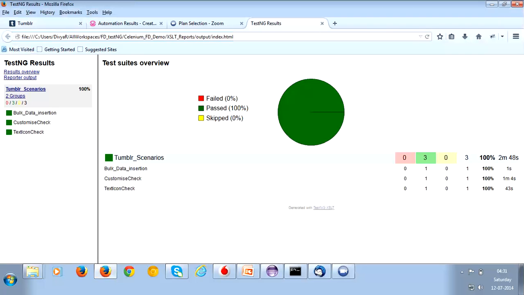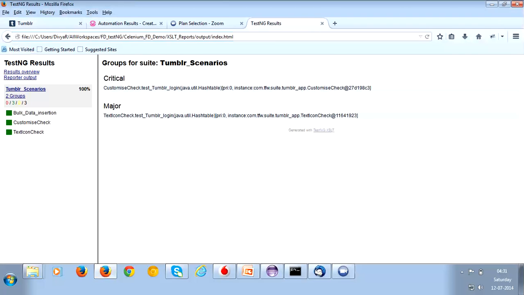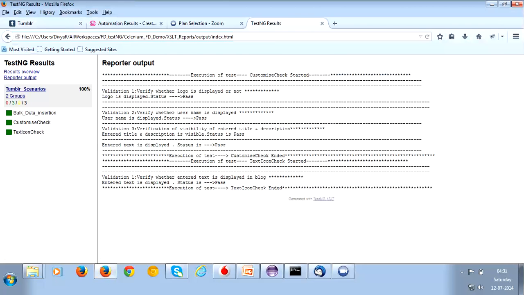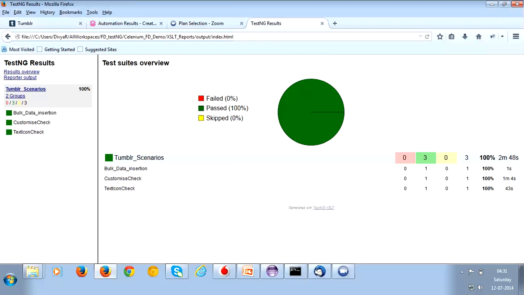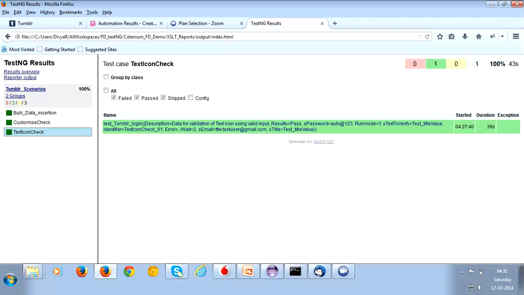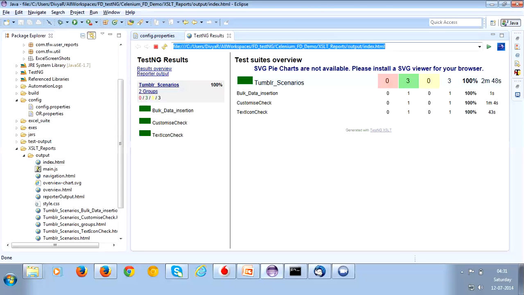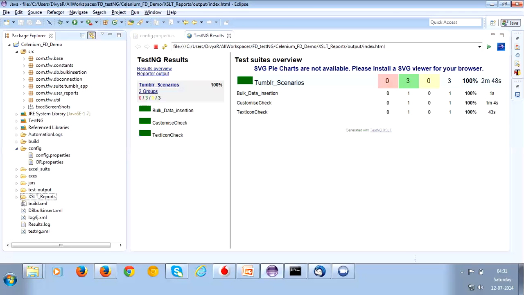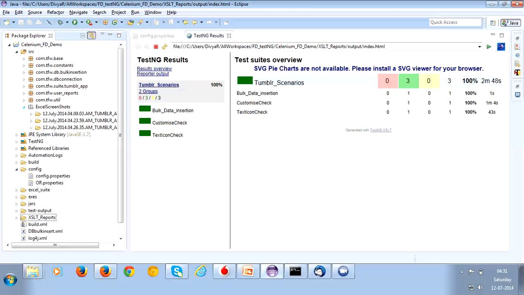So it shows a graphical format of the results overview and the amount of time each step has taken in order to perform the particular operation, and how many groups are there, what is the reported output, that is the logs of execution, as well as the results overview. We can view all these things, and also the time taken for each script execution is mentioned over here. So this is the next type of report, and the next important report is the customized report,